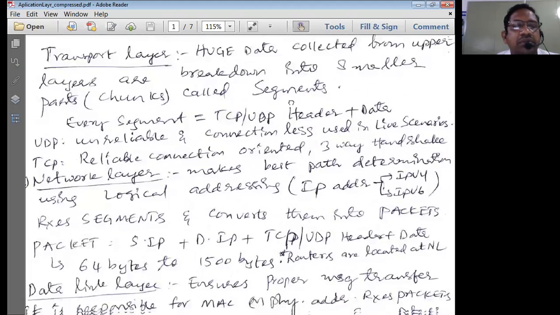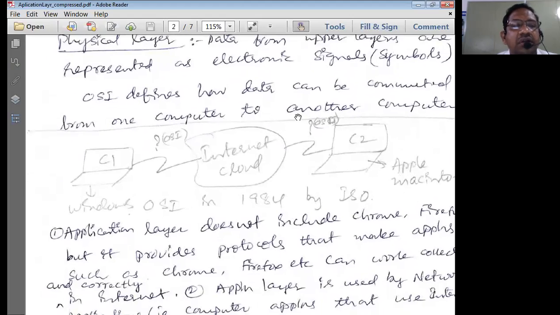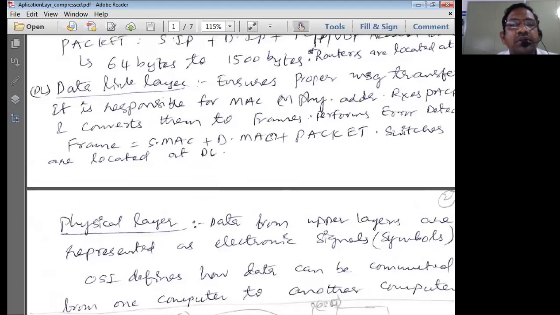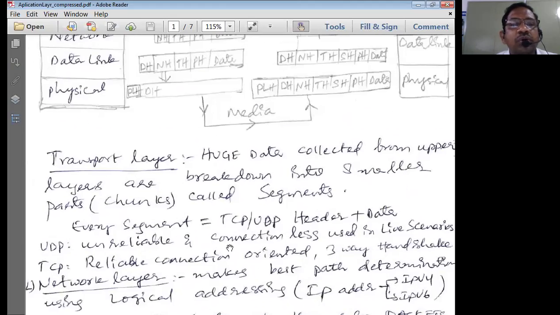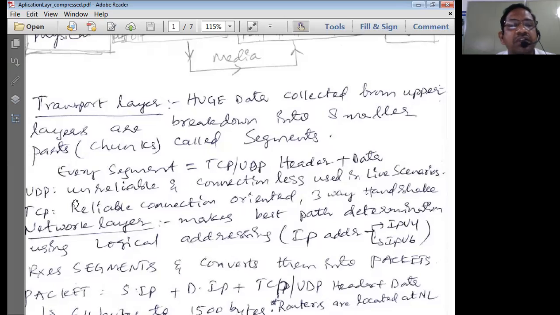What is very important, we discussed in the earlier sessions about various things over there. Now, to deal with the application layer, we should know the overview of the actions performed by various layers. In order to deal with the application layer, you should know the following layers, what all the layers are, and what is the overall working of each and every layer. Most importantly, the transport layer is a very important layer.